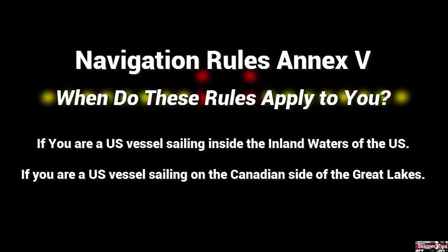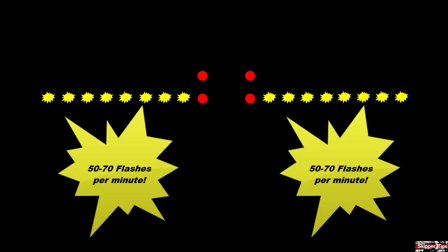You can turn to Annex 5, also known as the Pilot Rules, which applies to all vessels that operate on the inland waters of the U.S. and to United States vessels operating on the Canadian waters of the Great Lakes. Lights along the length of the pipeline must be yellow and staggered at equal intervals. Each yellow light will flash 50 to 70 times per minute and must be visible for 2 nautical miles on